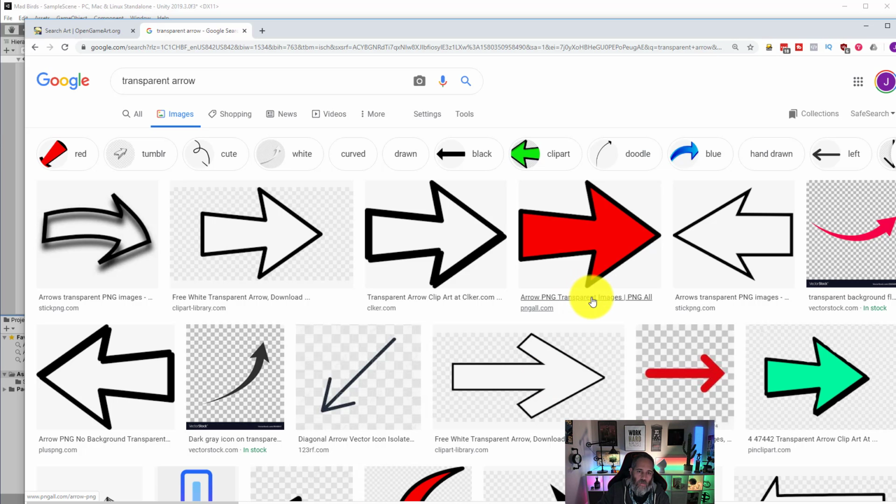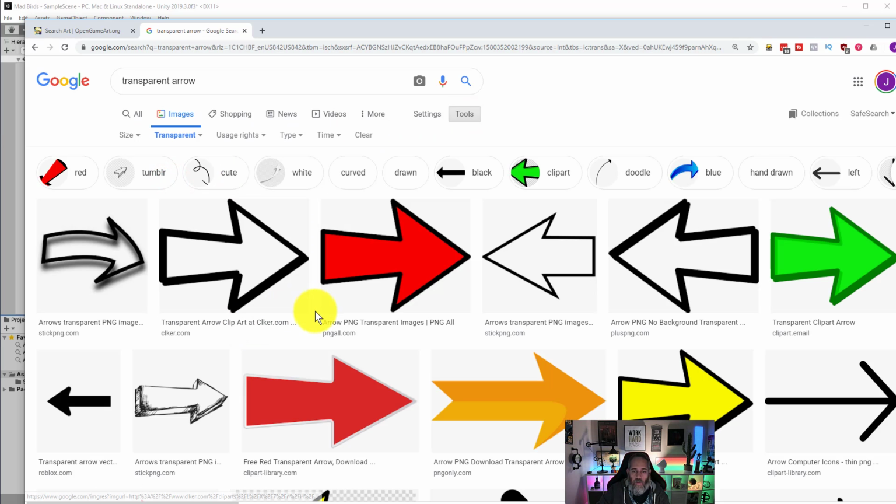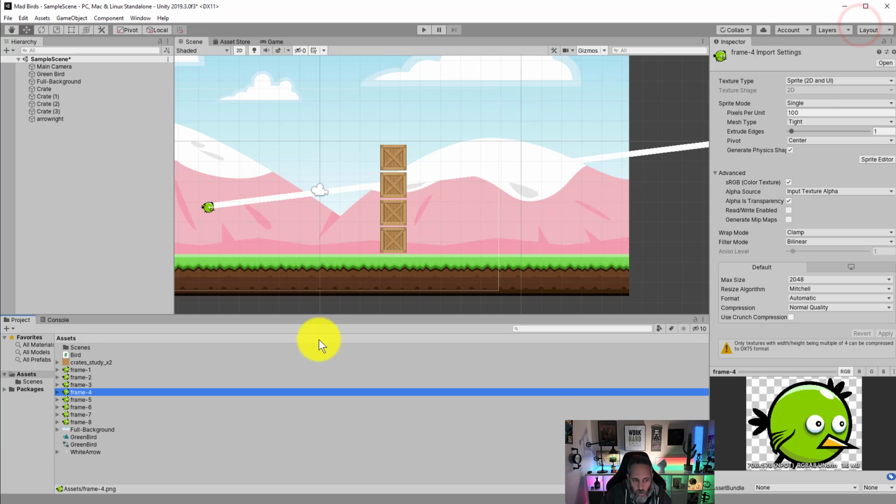So whenever you're looking for transparent files, make sure that you also go to Tools, Color, and Transparent if you're searching. That way you can find things with actual transparency, not just things that have the word transparent in the search results. Okay, well, I'm going to go with the arrow that I made though, because I think it's nice and pretty, and I'm going to make it available as a download. Just look below where you're watching this and you should see a way to download this arrow and pull it